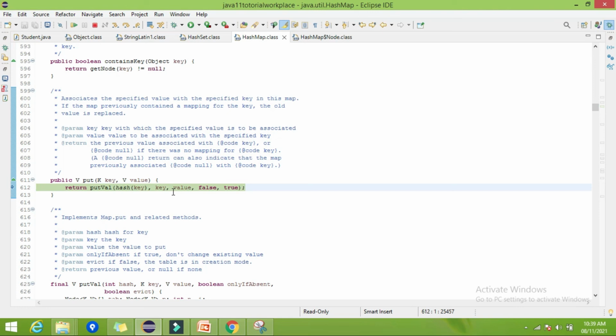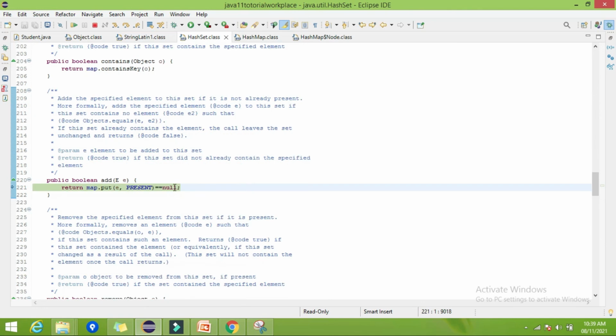Okay, so that is how hash set works. Hope you guys are clear with the hash code collision and how actually hash set works internally. It uses the map and the present static constant. Okay, and by using that key value pair it puts the value into the hash table by using our logic to calculate the hash code.